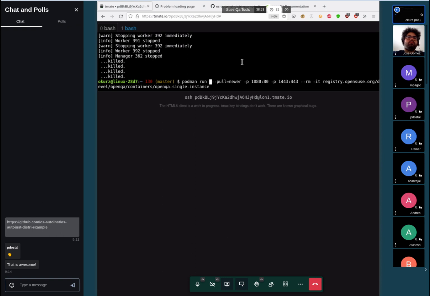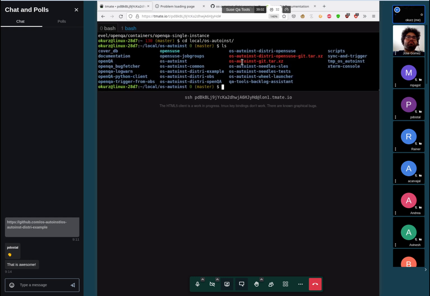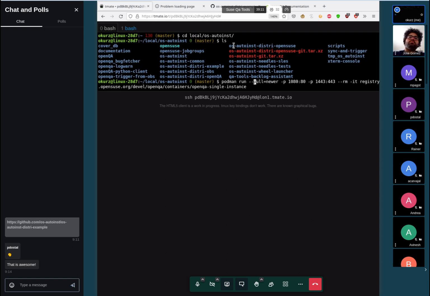Michele, you asked about a local test distribution. So I have that here in my OS audience folder. You can see, for example, I have OS autoinst distri example here. So let's do both steps together now. And what I'm doing is I'm using the -v parameter of Podman, same for Docker. And now I can pass a local file. So I can pass dev kvm into the system, and I can pass OS autoinst into